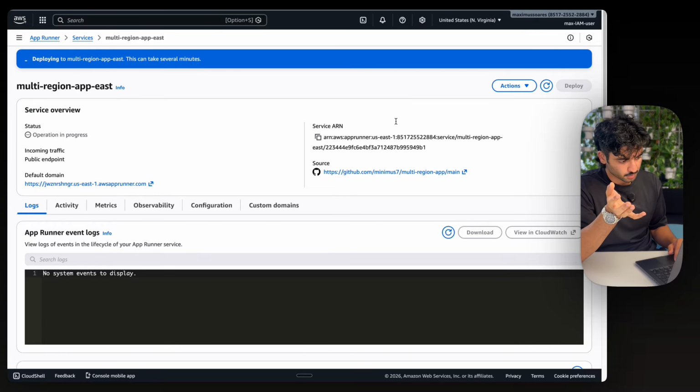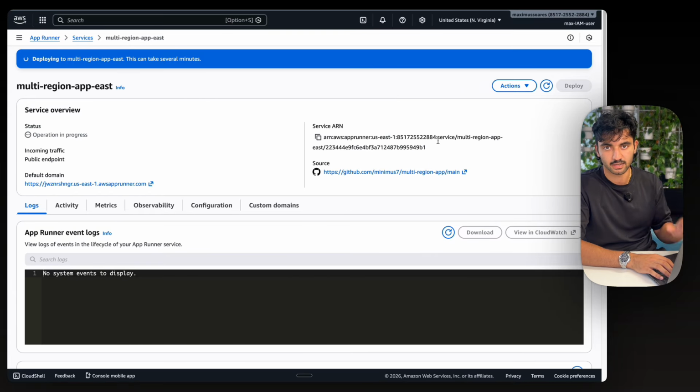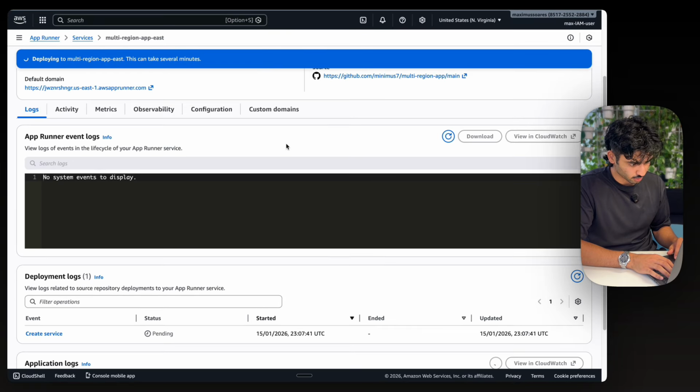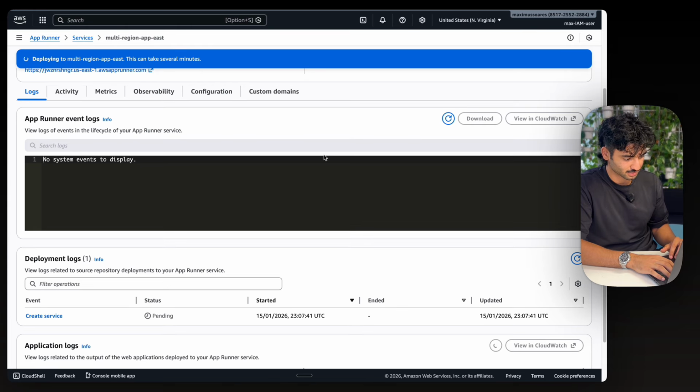So I'm still waiting for this, but I'll explain what App Runner is doing. It's cloning our repository here, and it's running npm install. It's fetching our dependencies. It's going to build our application, and it's launching it to a managed container. And it's also going to provision our load balancer, configure all the scaling, set up the health checks. This is stuff that's going to take hours to set up normally, but it's going to happen in minutes for us. And when things go green here, that means things are all good.